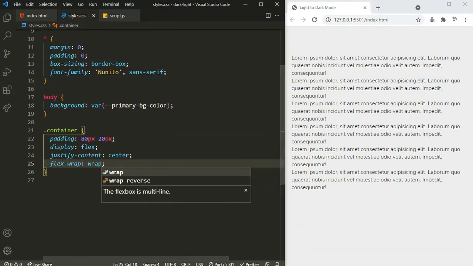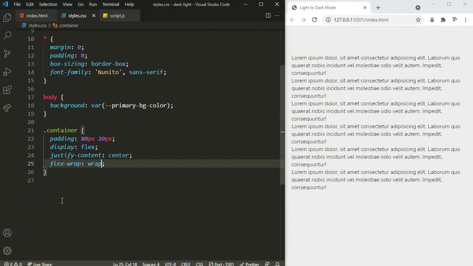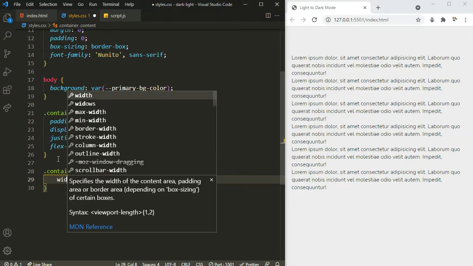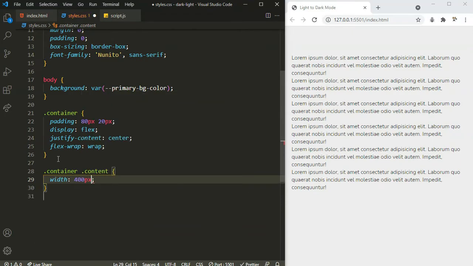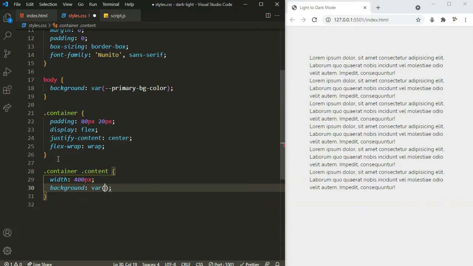Okay, that's looking great. Now we need to target each individual content that is present inside the container. So I can do that by saying container .content, and for the content I'm going to set the width to 400 pixels, and let's also set the background to the variable secondary background color. That's going to be that white color.